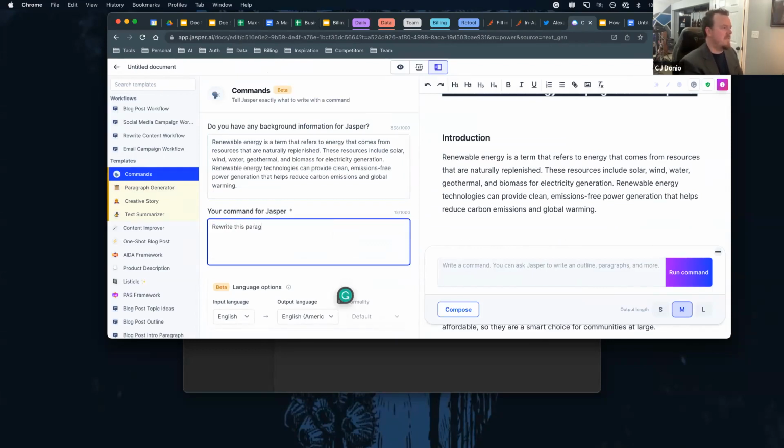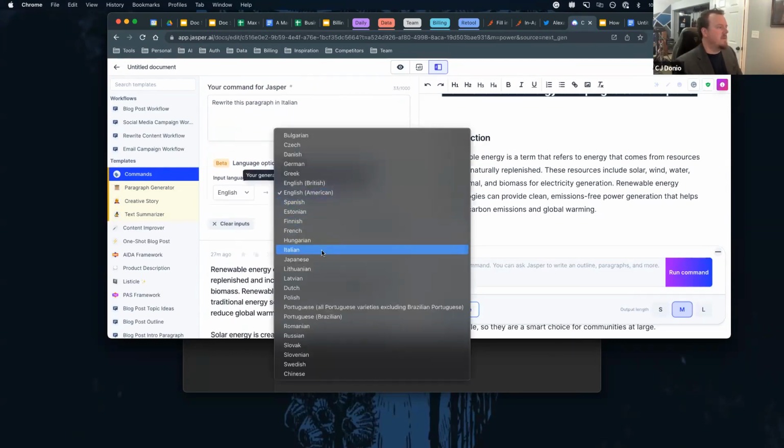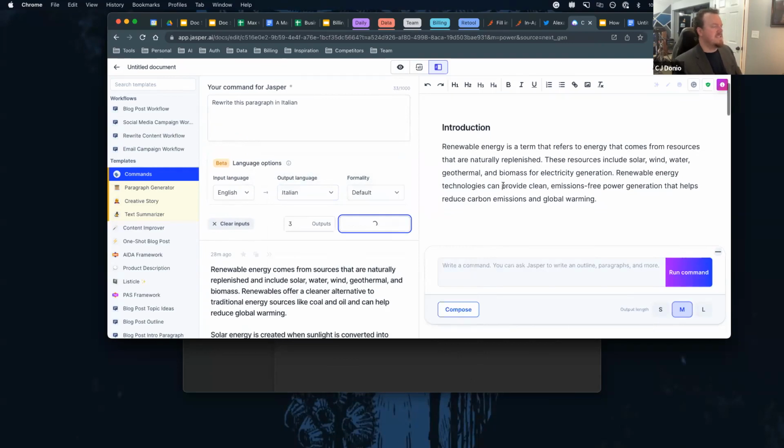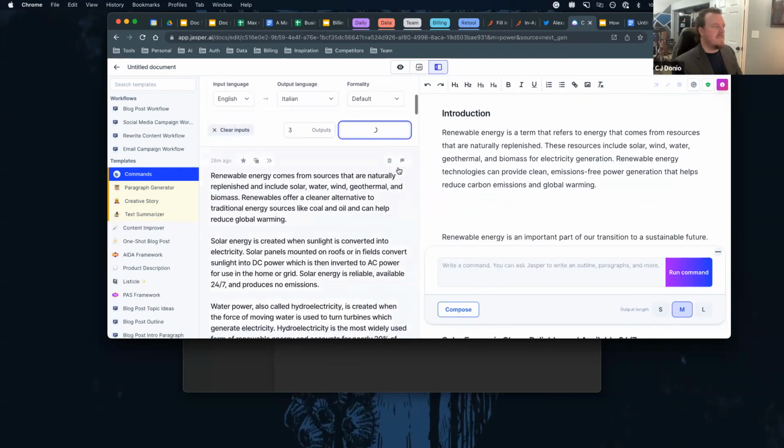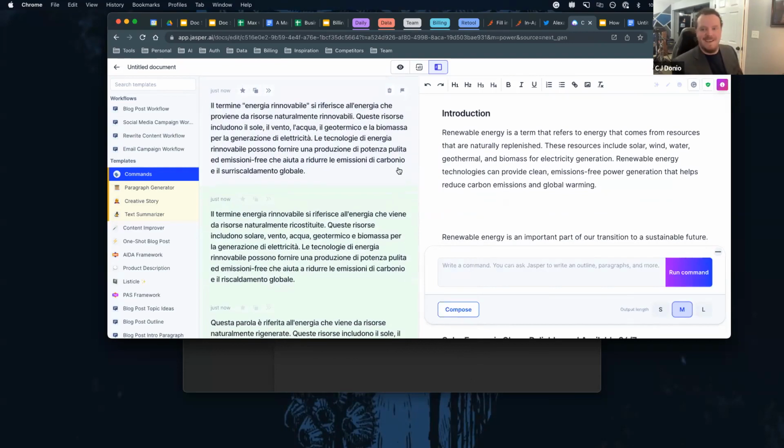This paragraph in Italian. And then we come down here, output language, Italian. See how close it is. So my wife's on the call. She could tell you if this is pretty decent or not, because she speaks Italian, but I'll have the audience speak. So, again, I wouldn't say it's perfect in terms of translations, but I don't think Google Translate is either. But I think it's workable. I think you can take this content and folks in that region will understand this.